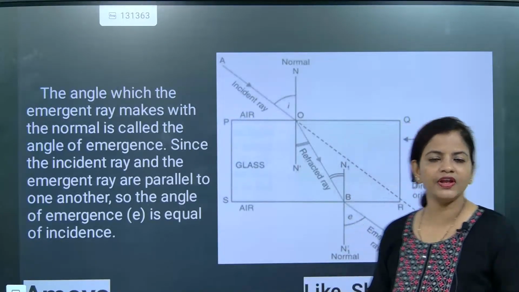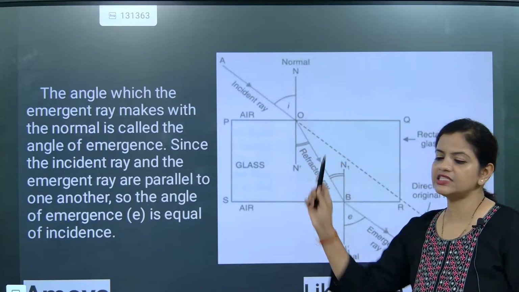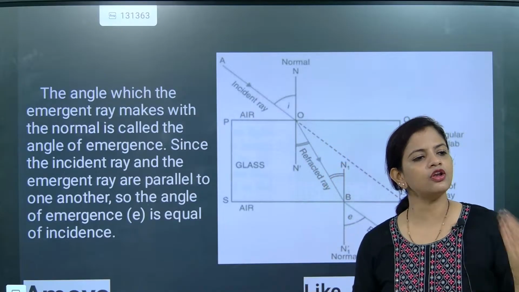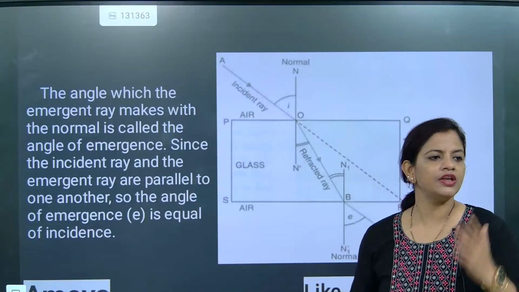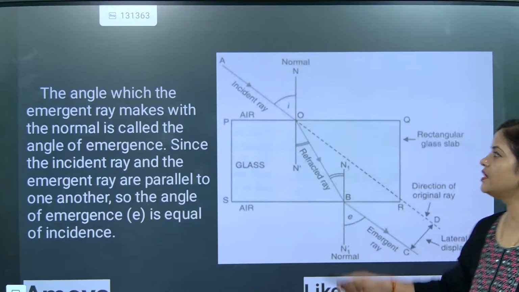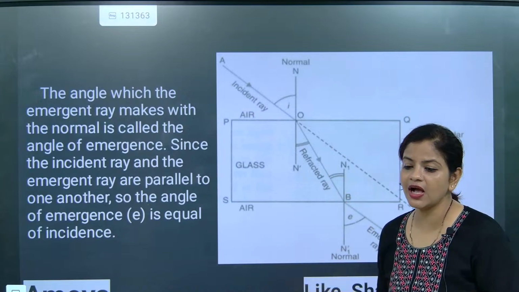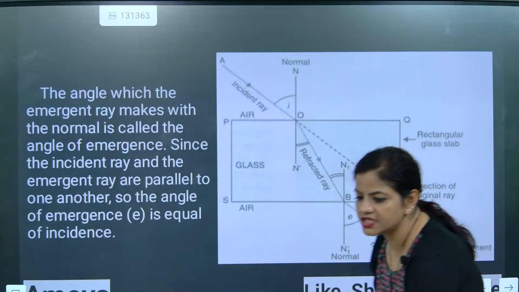Understood? So when it is bending, the angle of incidence and angle of refraction will be different. So since the angle of incidence is different from the angle of refraction, what will happen? The ray will not take a straight path. Understood? And again, when they are coming out from denser medium to rarer medium,